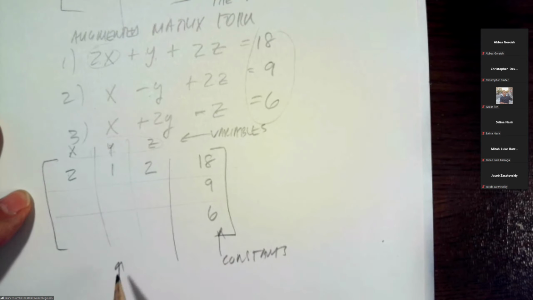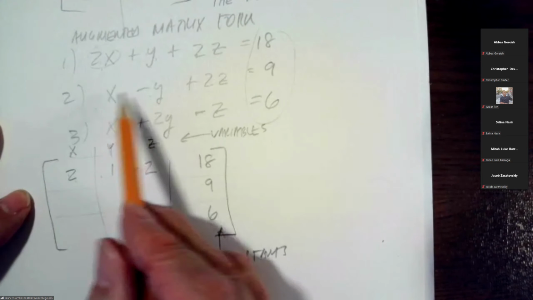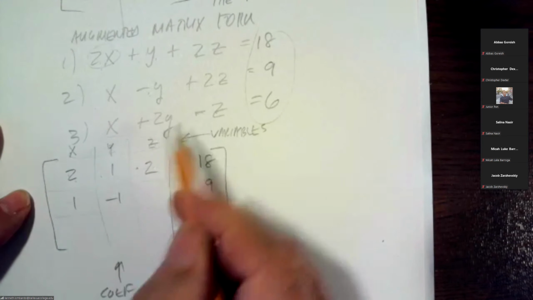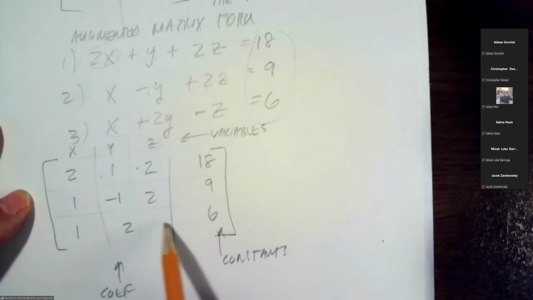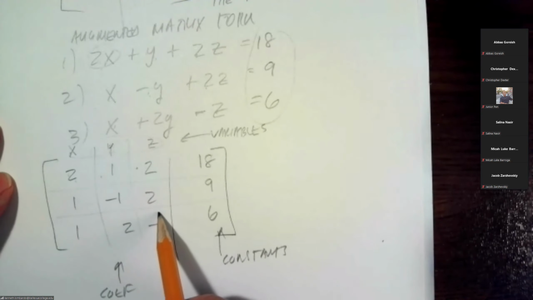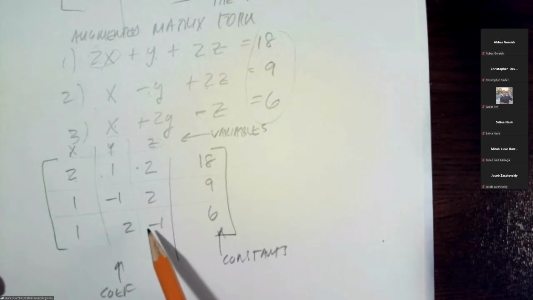And we have the coefficients here. Those are these values here. So I have 2, 1, and 2. I have 1, minus 1, and 2, and 1, 2, and minus 1. So that would be loading up our augmented matrix to see if we can